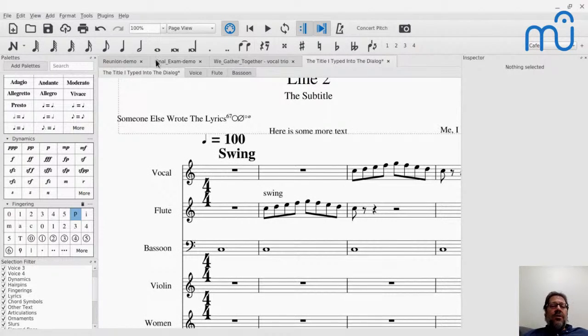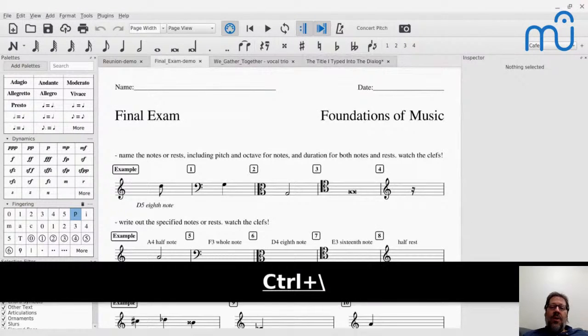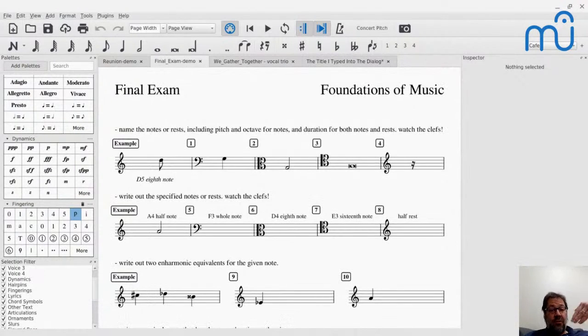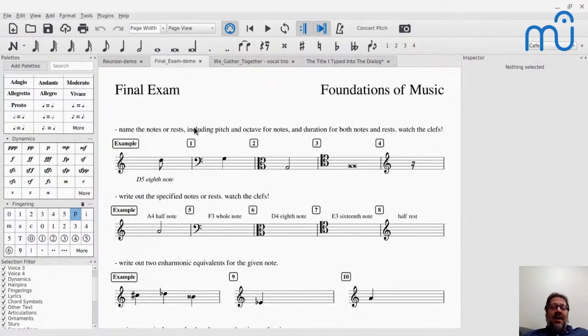Let me show you a more extreme example of something that I do all the time. So I teach a college course in music theory, or a couple different courses. This is a really basic course in theory. It takes you up from doing things like identifying notes, telling me, well, what note is this? This is G3 quarter note is the answer to that.